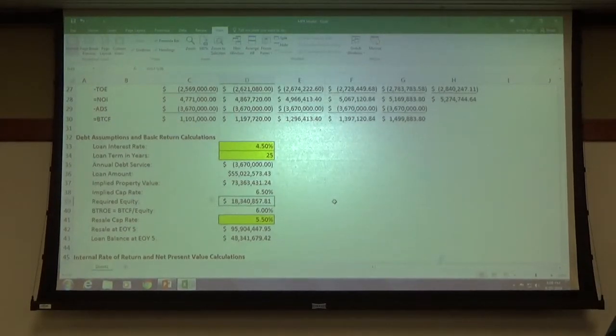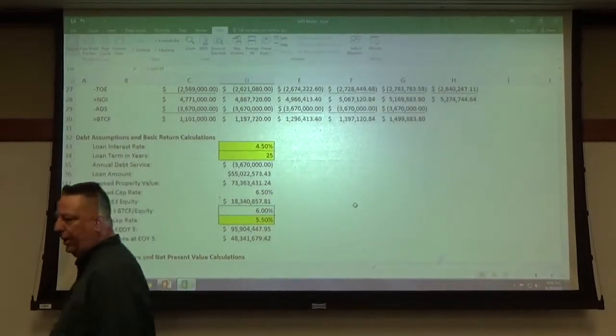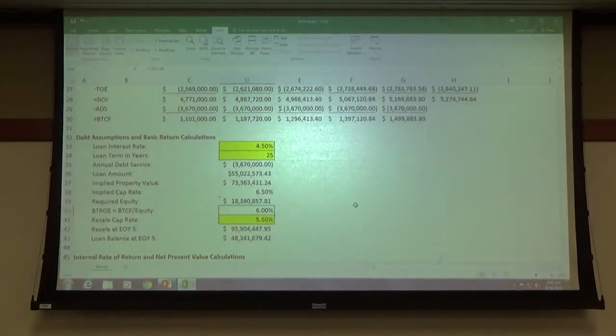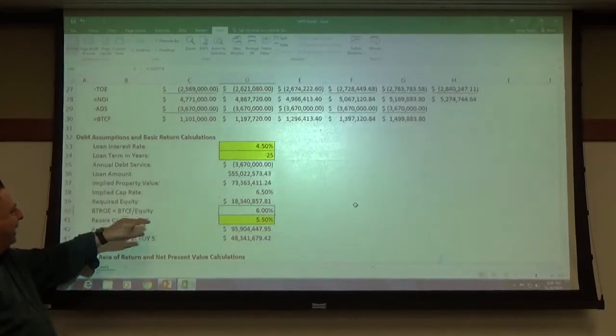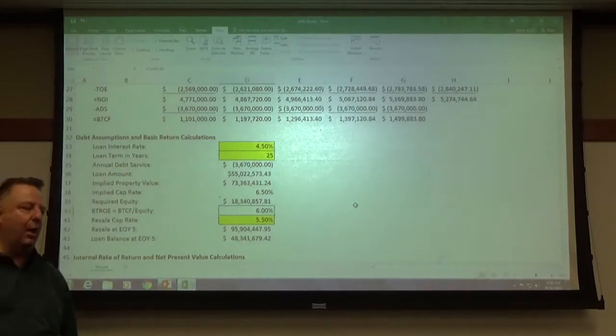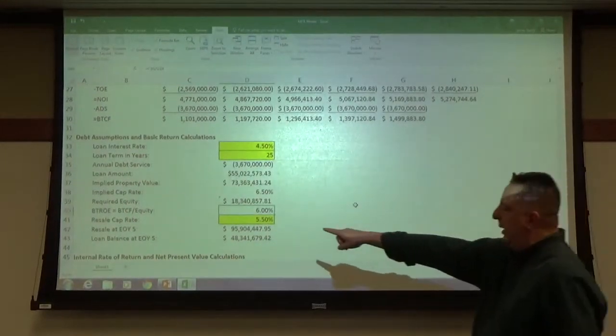Okay? Now the next one is something we haven't talked about yet. Good. And we're going to talk about this and then we'll take a break. This one is called the before tax return on equity, which is simply taking your before tax cash flow divided by your initial equity investment. Now this is also referred to. Wait, I'm sorry, it's what? By what? Okay, it's right here on the spreadsheet.